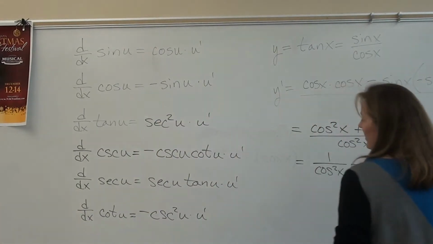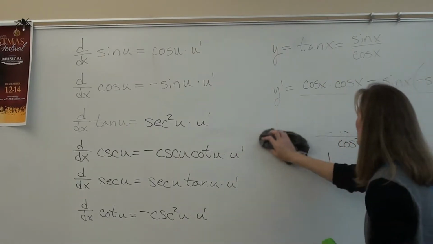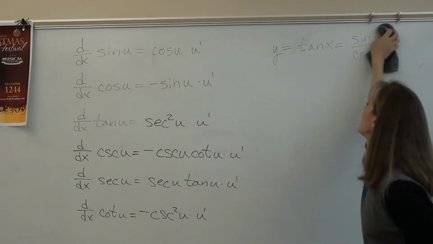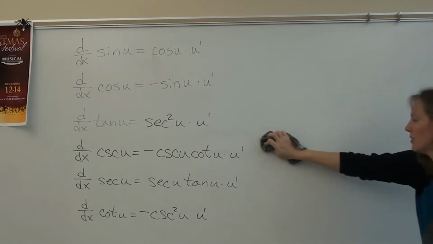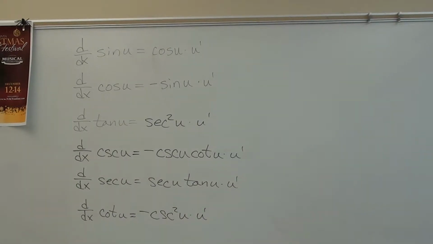By the way, I want you to notice something in common with all of the functions where the name of the function starts with a C. What do you notice that's in common with all of their derivatives? Negative. They're all negative. The derivatives that are negative are all derivatives of functions where the name starts with a C. Cosine, cotangent, cosecant, all of those have negative derivatives. All the rest of them have positive derivatives. So it's a way to help you remember which ones are negative and which ones are positive. All the cofunctions have negative derivatives. Okay.